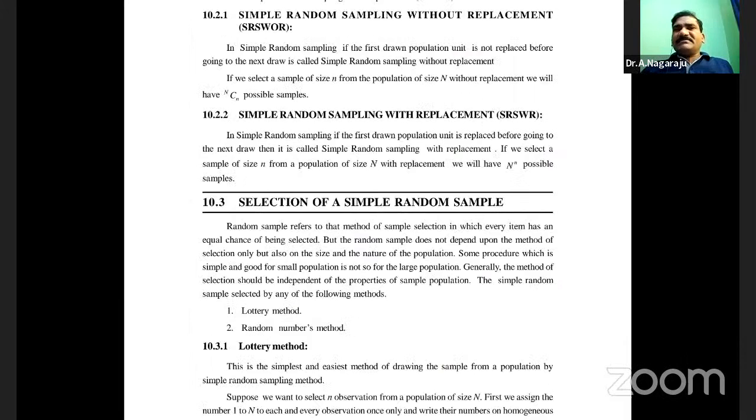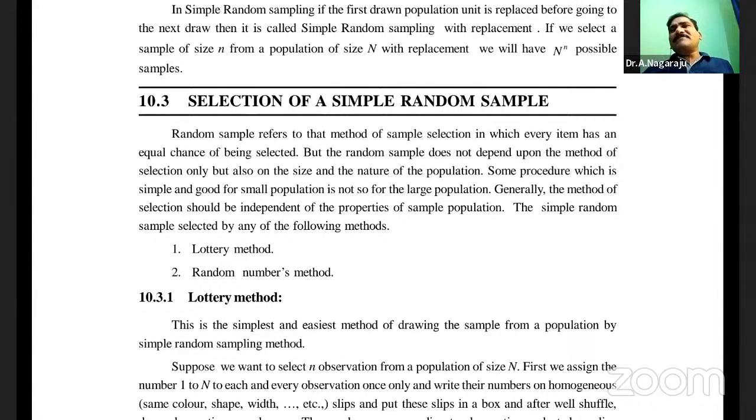Now it is a selection of the random sample. Sample means it is clearly a theorem. It is, for example,